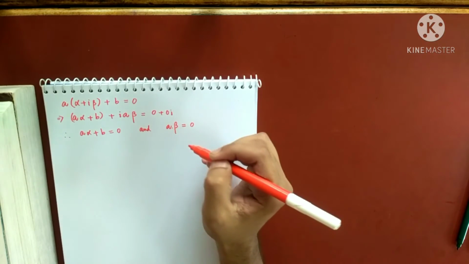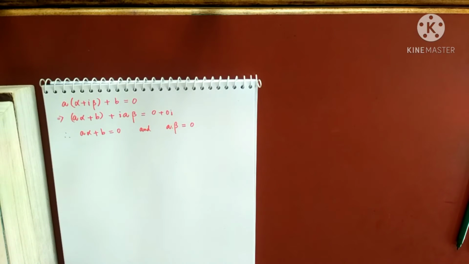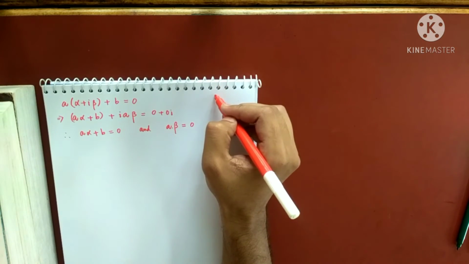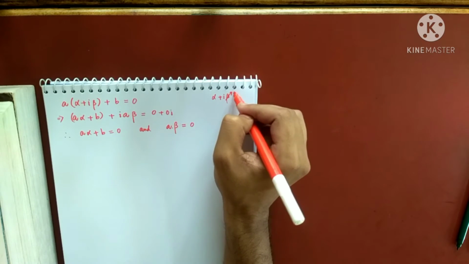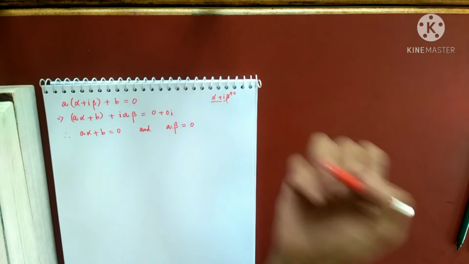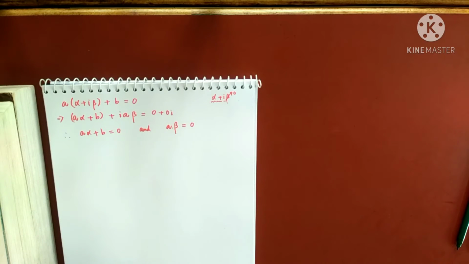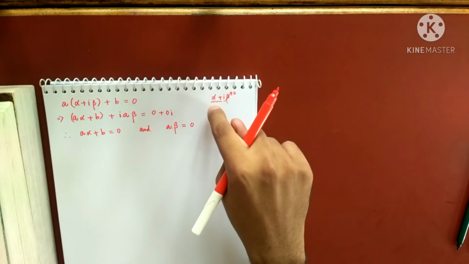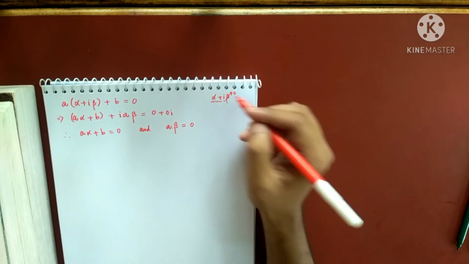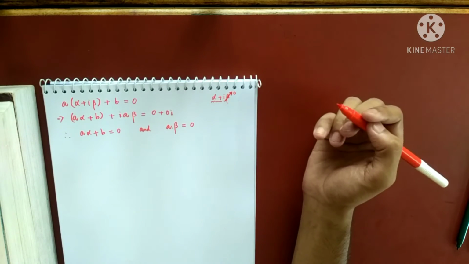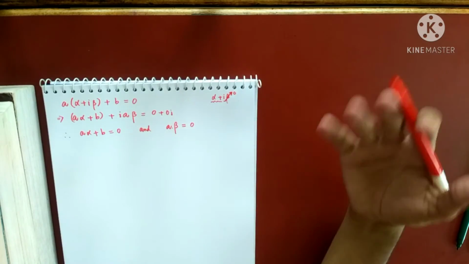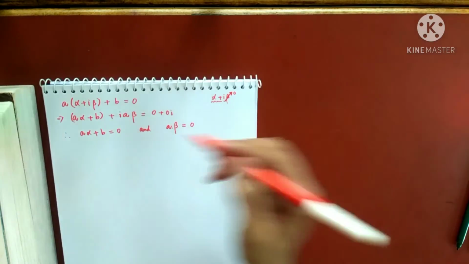Now, our assumption was that beta is not 0. Why is beta not 0? Because I am considering the imaginary root alpha plus i beta. If beta becomes 0, this root is no more an imaginary root. Did you get my point? If beta is 0, then that becomes a real root. I'll simply remain with alpha, and alpha is a real number. So my assumption is that beta cannot be 0. Otherwise the proof makes no sense. I'm just talking about the real root alpha then.